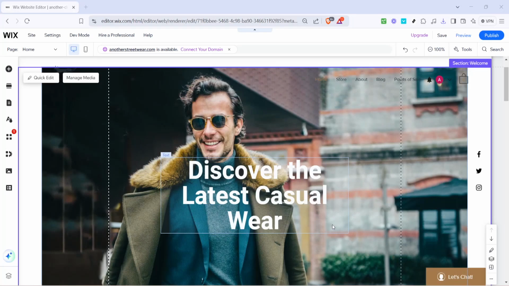In today's video, I'm going to teach you how to duplicate sections on Wix. Whether you're looking to save time by reusing content or simply want to maintain consistency across your website, duplicating sections can be a real game changer. So let's dive right in and go through the process step by step to make your web designing tasks much